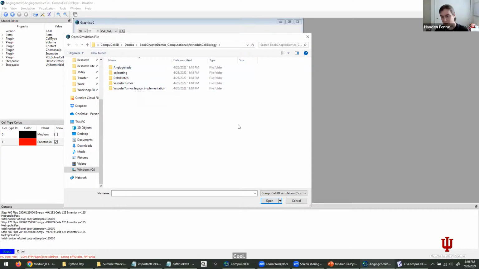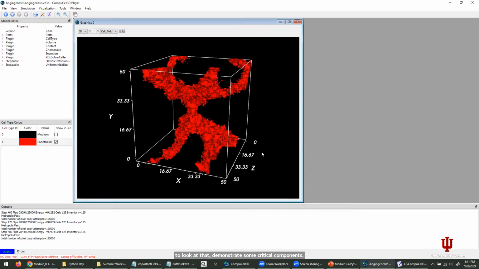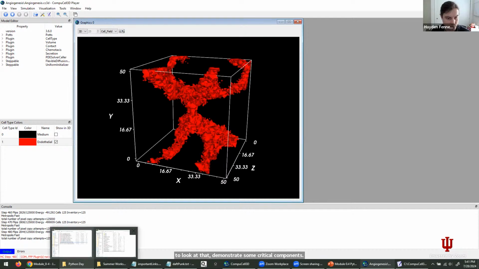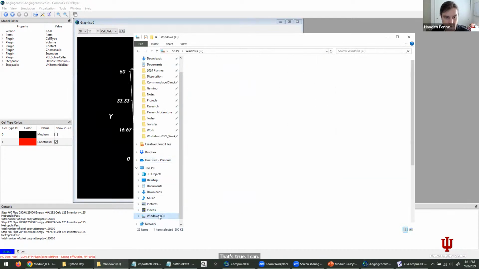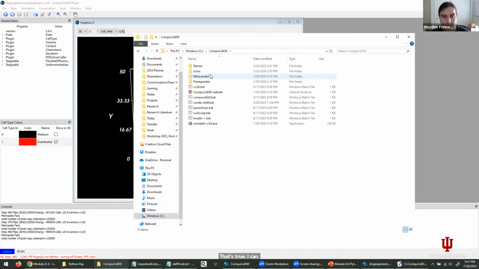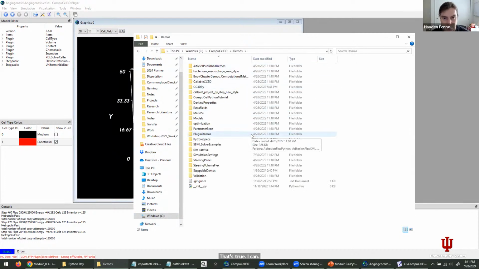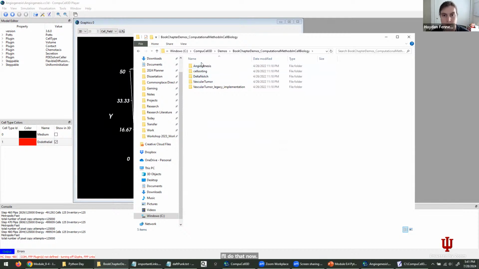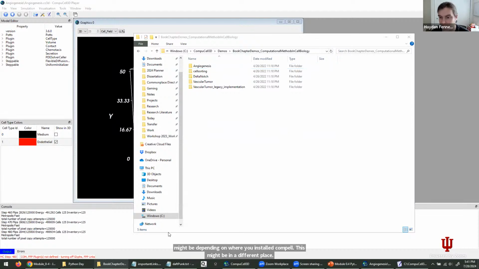These are the ones that are kind of like our production ready demos to look at that demonstrate some critical components. You can paste that path into the chat. That's true, I can. I'll do that now. It might be, depending on where you installed CompuCell, this might be in a different place. But I'll put it in the chat for you anyway. And I believe on Mac,